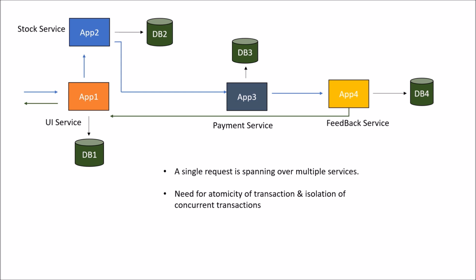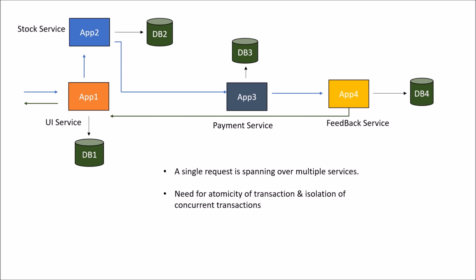By atomicity of transaction we mean the local transaction should either be successful or should not happen at all, meaning if the transaction fails, it would need to be rolled back. By isolation of concurrent transactions we mean a situation may happen where the user is logged in via laptop and via app, and from both devices the user is trying to purchase the same stock or maybe different